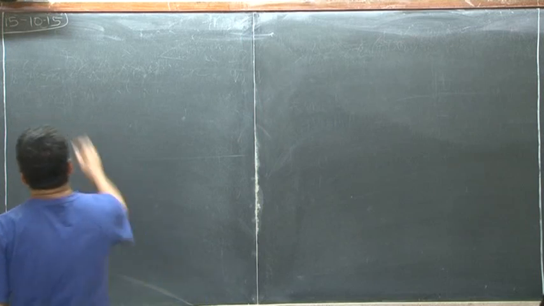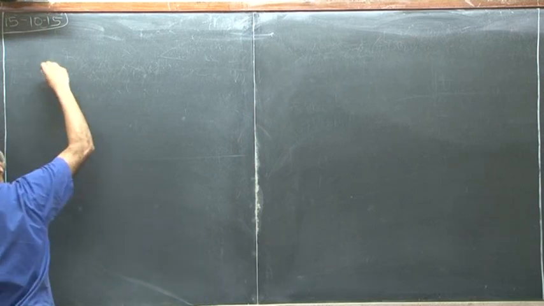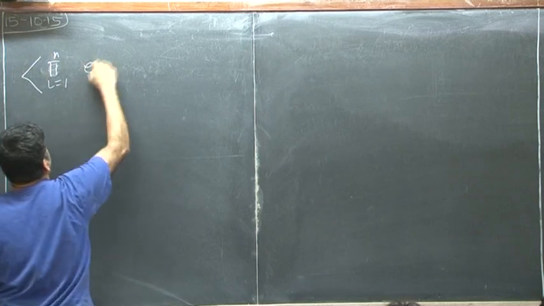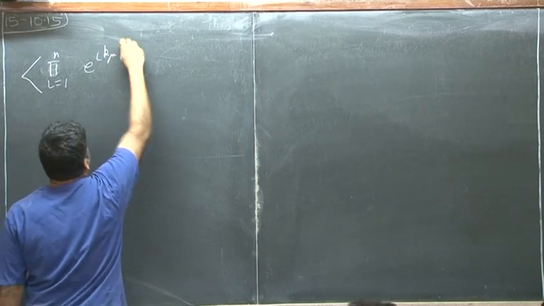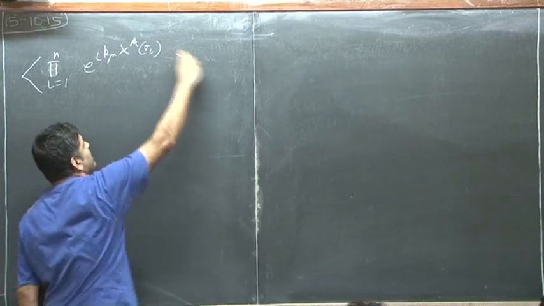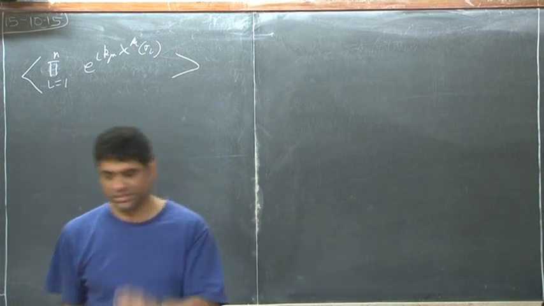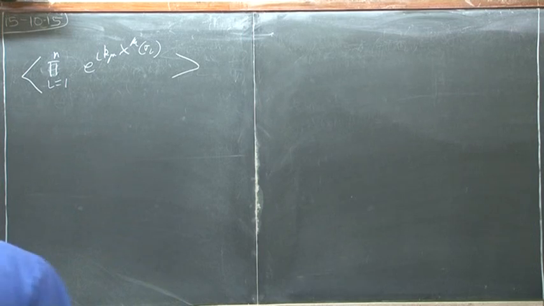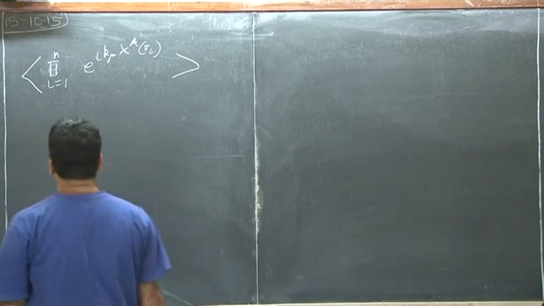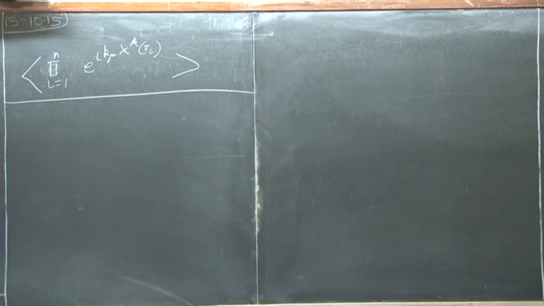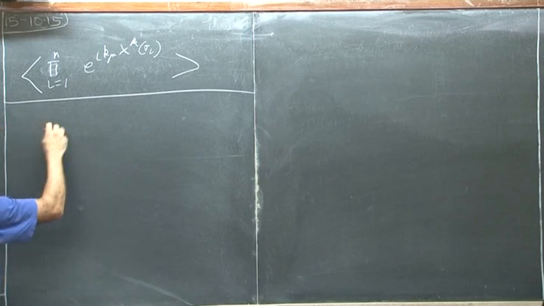Okay. So first, let's look at the following. Suppose I've got the product from i equal to 1 to n of e to the power i k_mu X^mu. Suppose I want to compute this object on the sphere, the plane. This is actually very easy to compute. Let's quickly do it. Well, there's 20,000 ways of doing it, but one way is just to remember what the